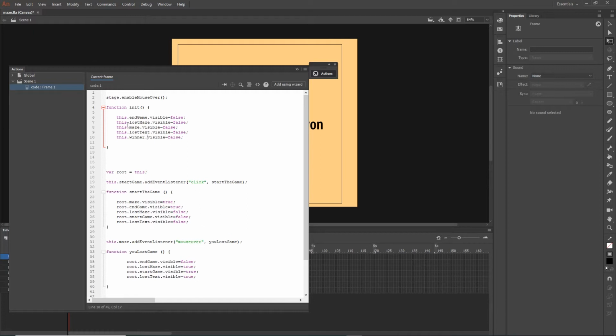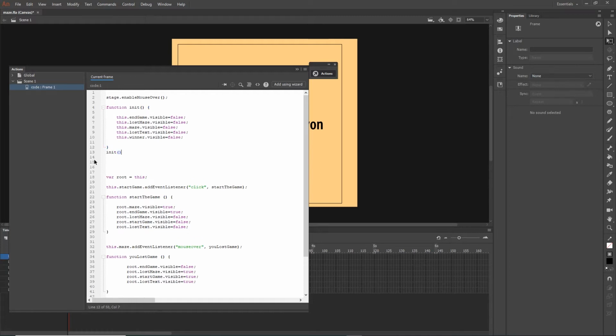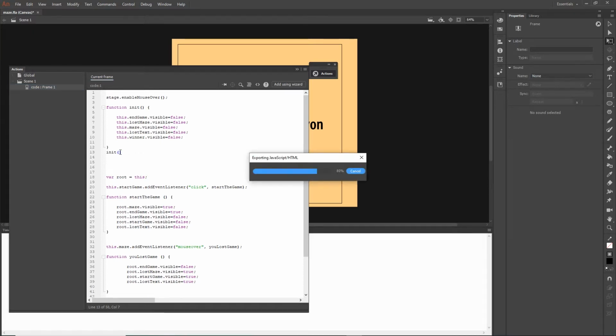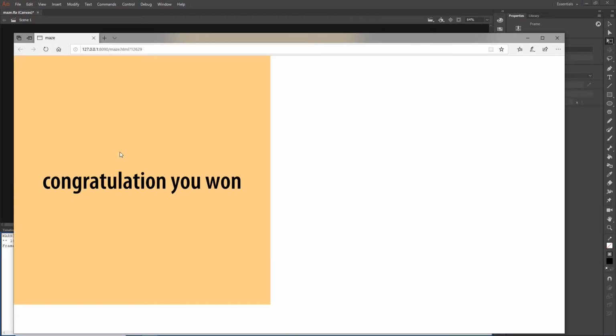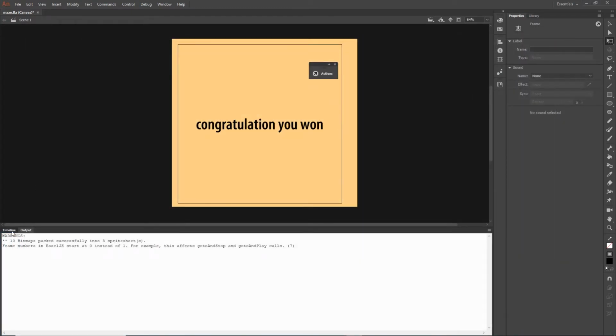But when I have a function like this and I just want to immediately call the function, all I need to do is, after I create the function, just write the name of the function like this, and this is going to call the function. Okay, and if I hit Ctrl Enter, nothing is going to change. Everything is going to be okay. So it is going to change, and